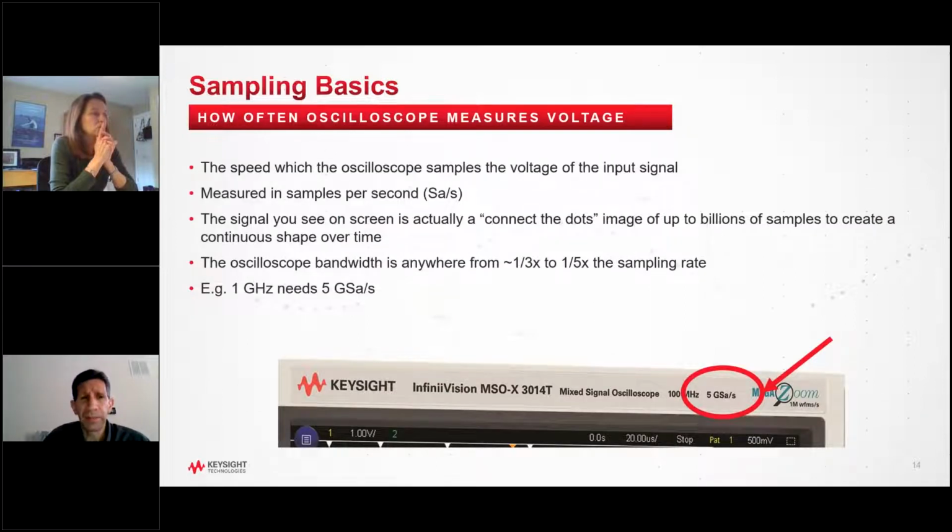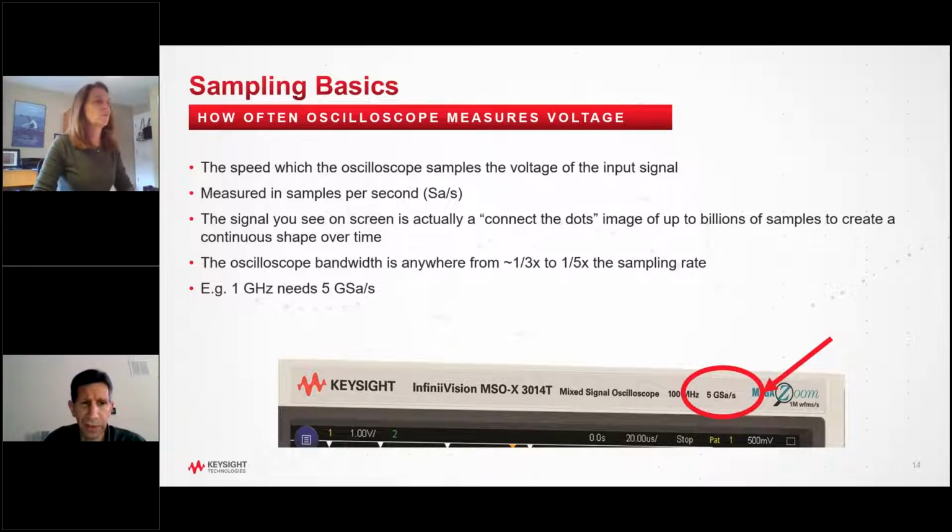All right, again, with an oscilloscope, you can see we have circled the sampling rate. That's how fast the A to D converter is running. You also see to the left of that is the bandwidth. So again, those are two different numbers, and we're going to talk about that. But those are the most common, what they call banner specs of an oscilloscope, the bandwidth and the sampling rate. And again, we mentioned on the previous slide, getting the fifth harmonic is generally recommended to capture the shapes of